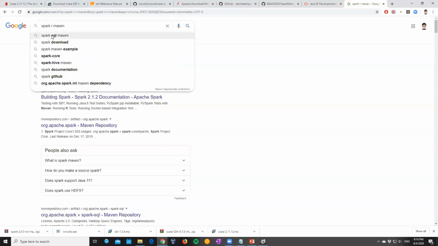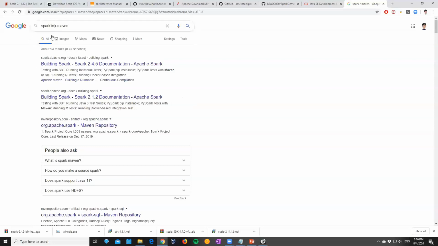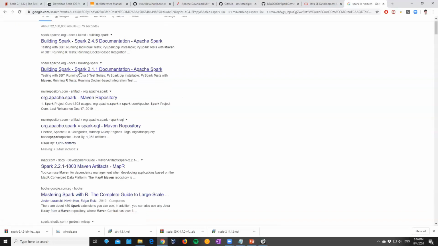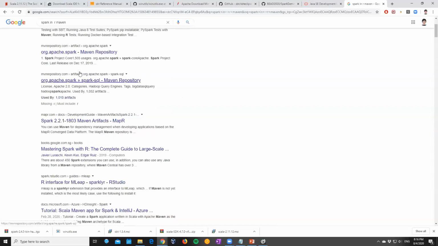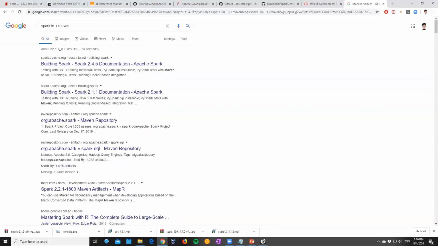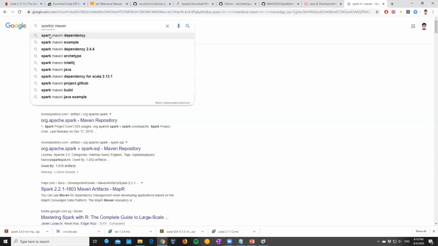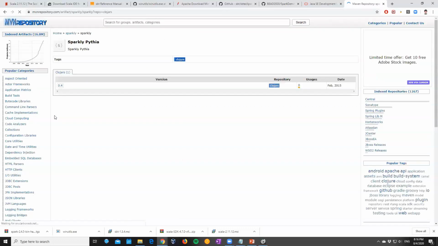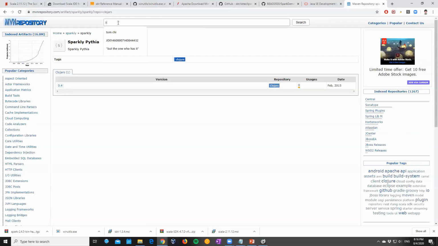Spark in R. I have to know the file name. That's the trouble. I don't remember it immediately. So the Spark R is the R library. I'll say Spark R Maven. Then it gets me here, you see. Now if you look into the Spark R, wow, this is not, let me just go Spark